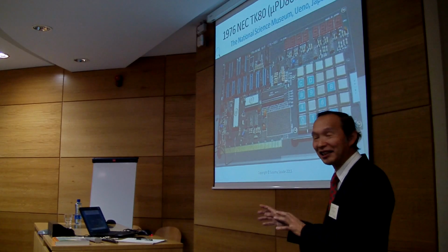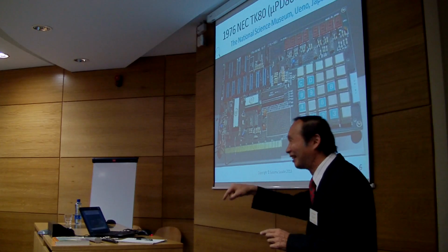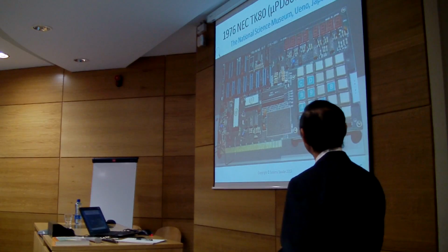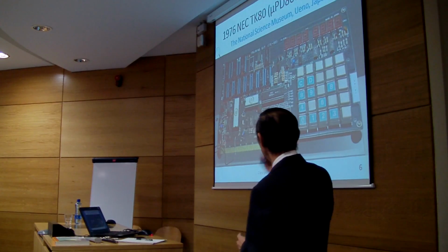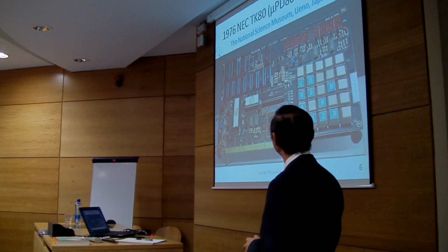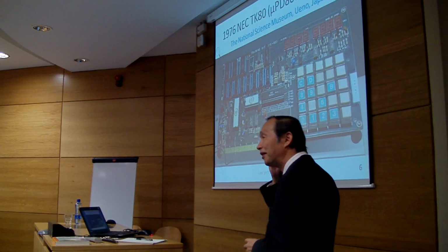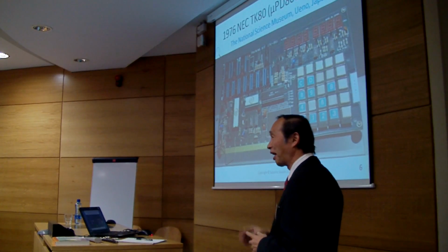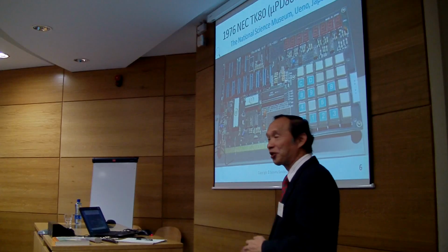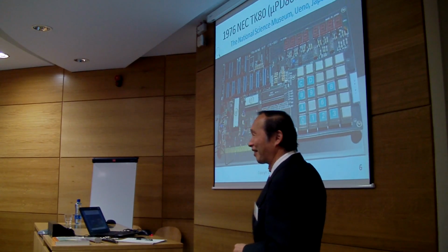Installation kit on the printed board, and I debugged through this. And this is a very first circuit board in Japan in 1976. So just 4 years after I joined NEC. And if you come to Japan, you can see this in the